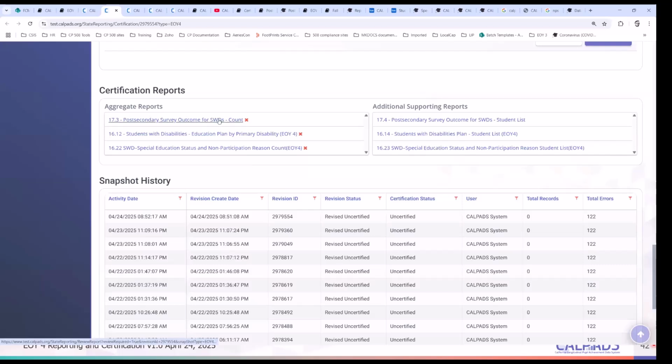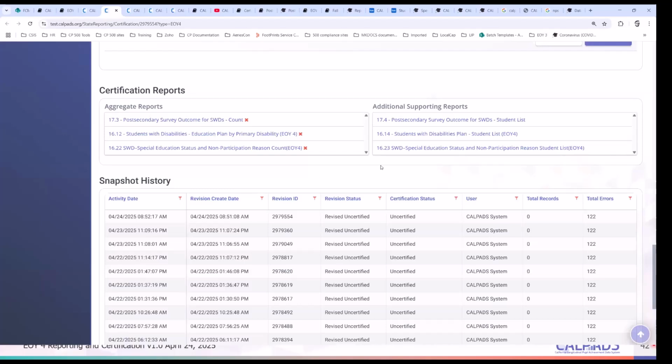So once you review each report, this will turn into a green check mark, and then CalPADS will bring up a box which you need to check, saying you agree that all of the information on the reports that you reviewed are accurate. And now if you agree, you have to check that box, and then you have to click on the LEA approve button that will appear here. The LEA approve button will be grayed out even though you have a green check mark, unless you check that I agree button.